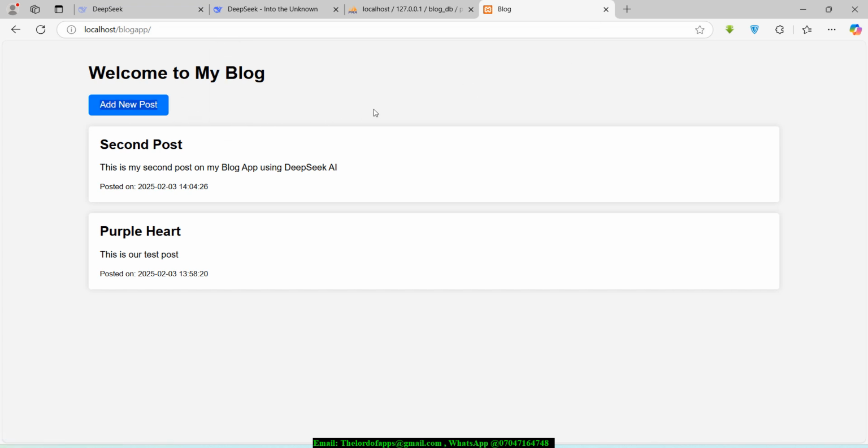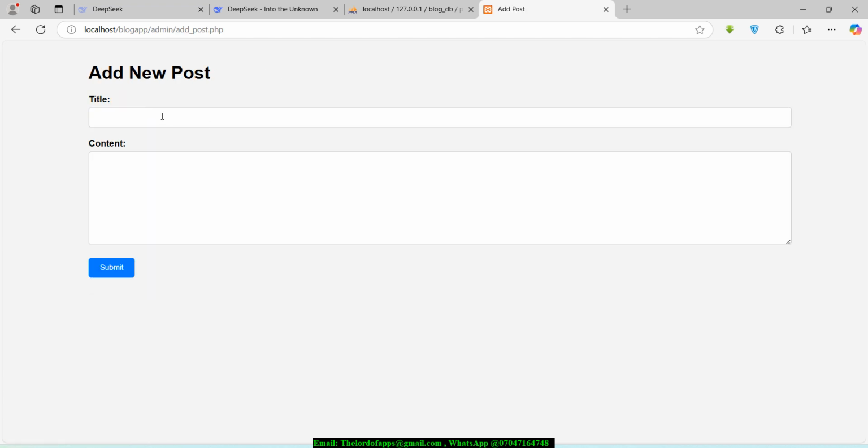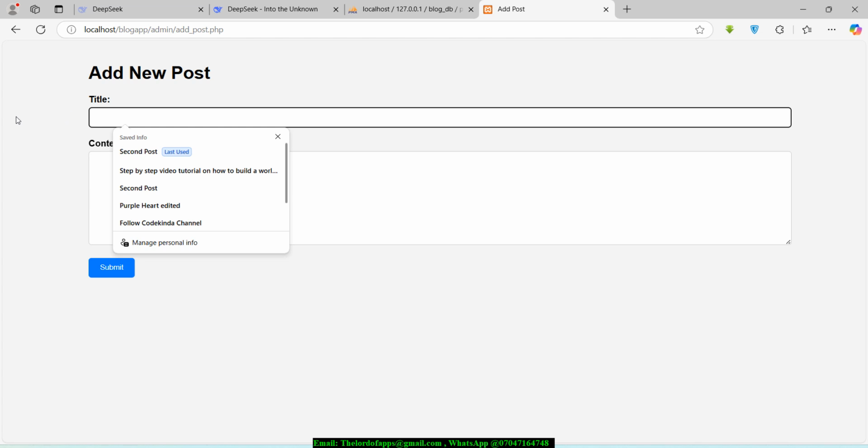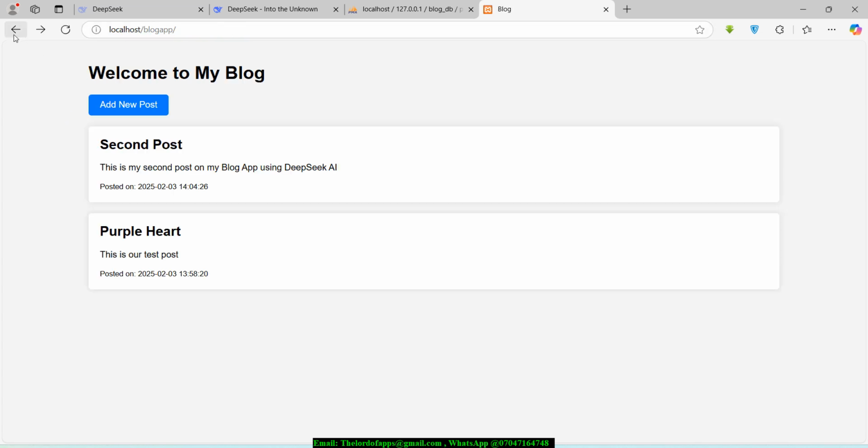If you want to get rid of this, you can get rid of where it says add new post, because normally if you're going to be the only one managing this, you don't want just any random person to be able to make posts to your blog, so you wouldn't have this right here. But I'm going to just leave it at that place. If you hit in here, it takes you to where you need to add a new post, and after you add that, people can go through the front end of your website and see the